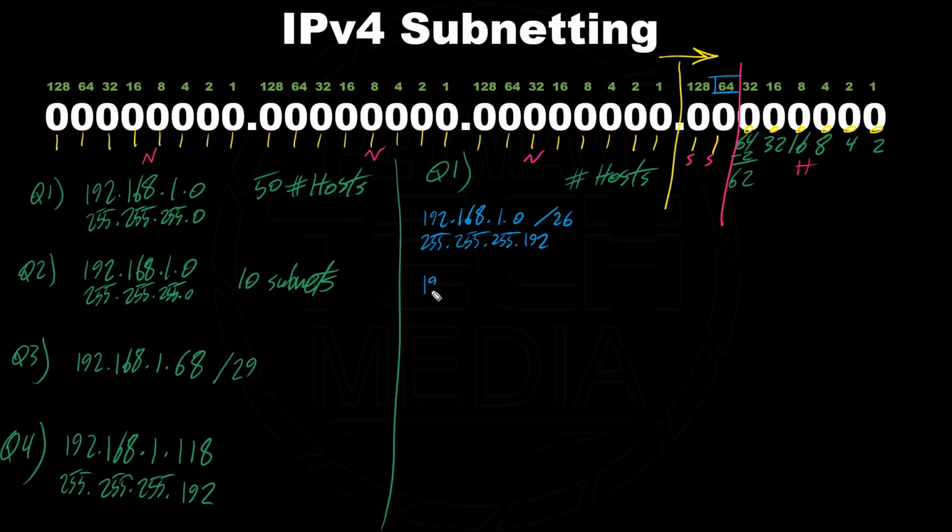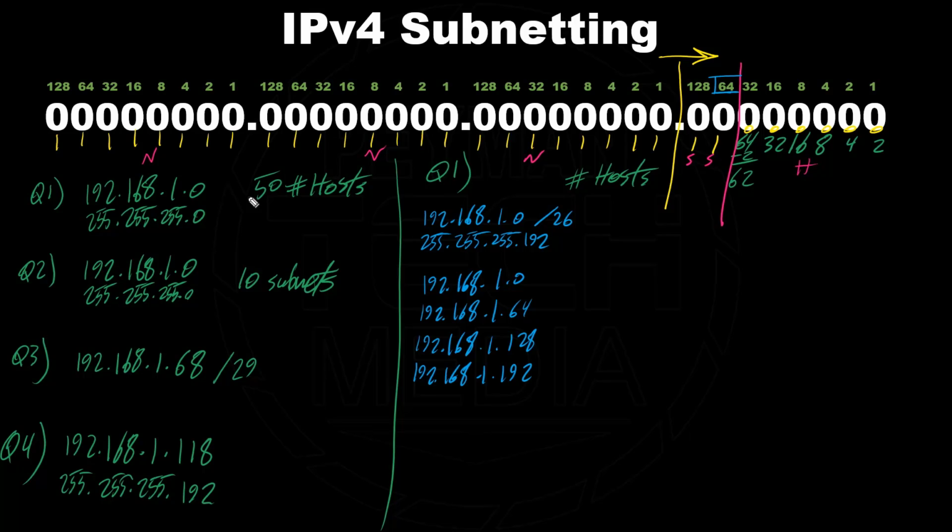If you want to write down our first subnet, 192.168.1.0, incrementing by 64, then 192.168.1.64, then 192.168.1.128, then 192.168.1.192, and that's it, because the next one would be 192.168.2.0, or 192.168.1.256, but 256 we don't have. These are the 4 subnets, and every subnet we can have up to 62 available IP